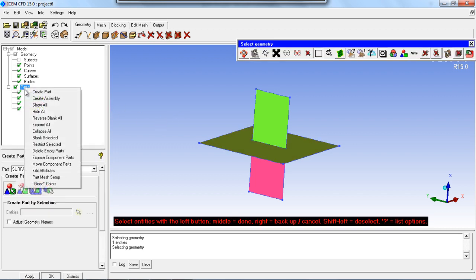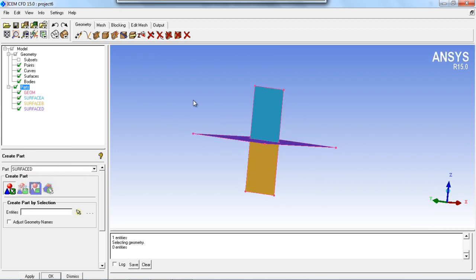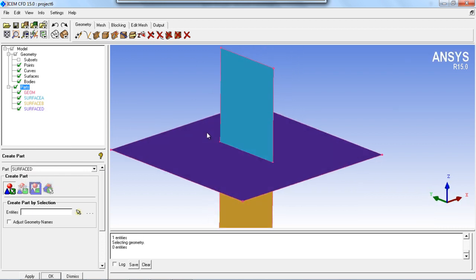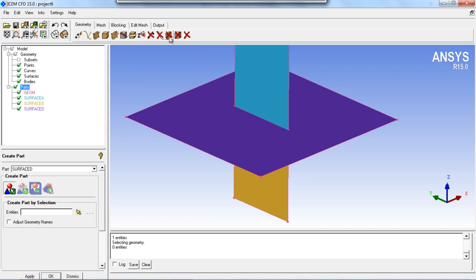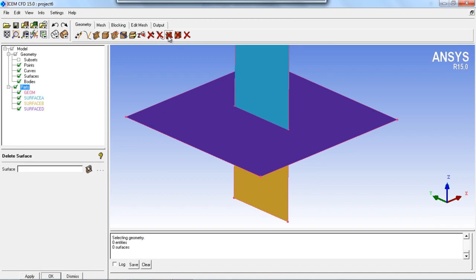You can change the colors. So now we have the three surfaces. You can delete the surface which is used for intersection.